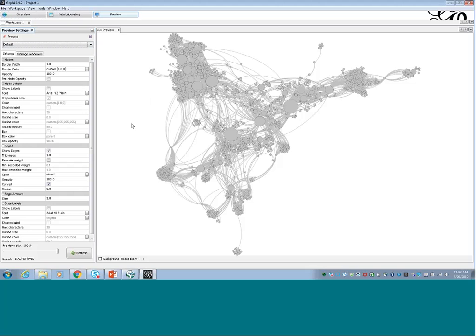So we want to get the edge colors that we set. We want to see the node labels. We want them sized based on the node sizes. We want all of those other things present in our visualization. So the first thing we're going to do is work with the edges to get the colors